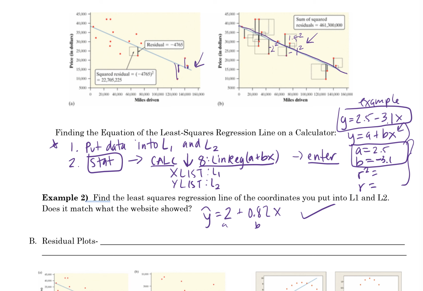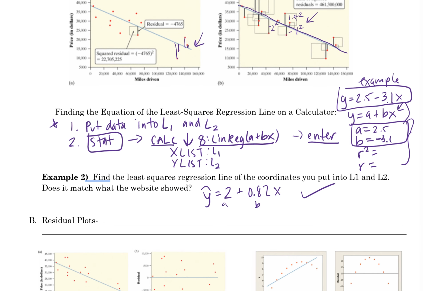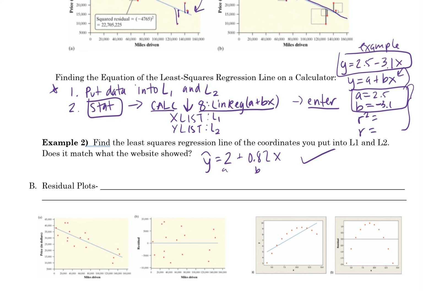Okay. All right, so we now know what a residual is, and we are now going to move on to something called a residual plot. And it is exactly what it sounds like. It is literally a graph or a plot of all of the residual distances from the scatter plot. So a residual plot is a scatter plot. Residual plots are scatter plots